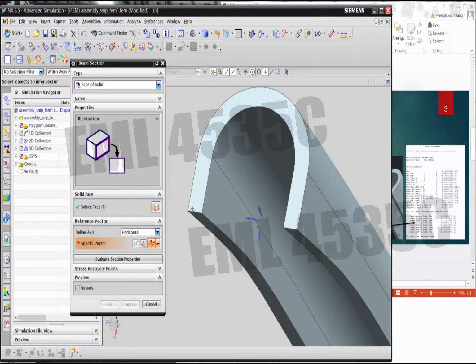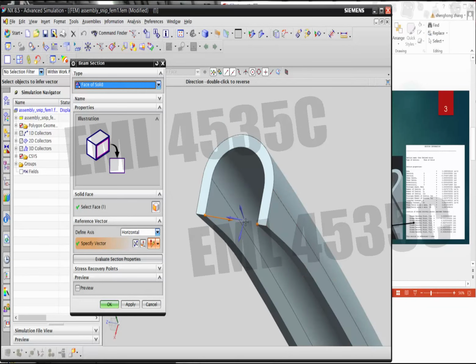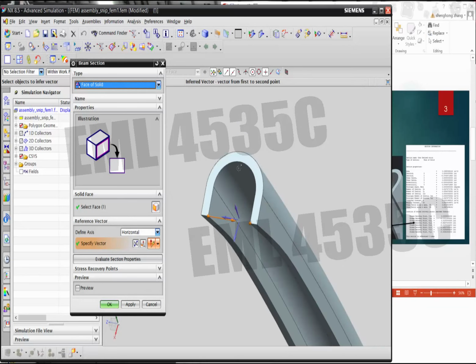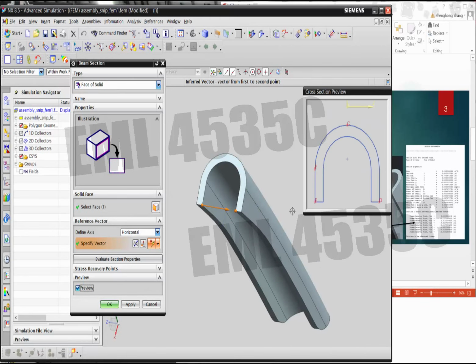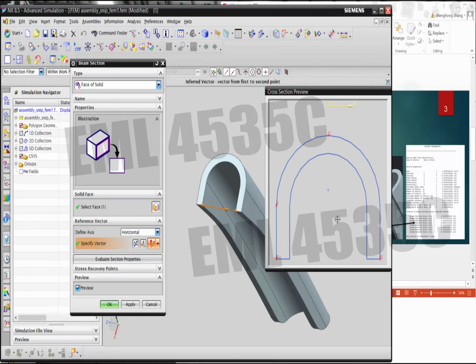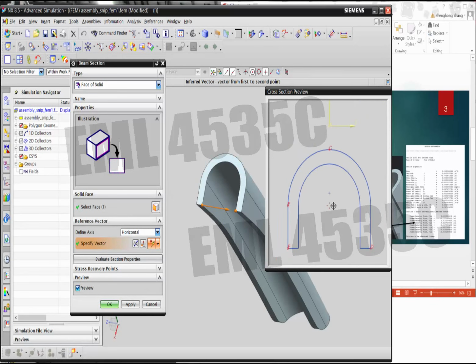We want the horizontal to go from the bottom, in this direction. So it knows this is the horizontal, then your vertical is this way. Then you can take a look